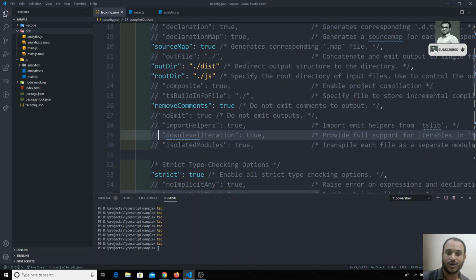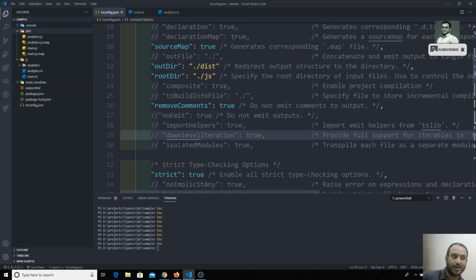Right now we are not using any for loop. This could also be enabled whenever we are getting unexpected outputs.